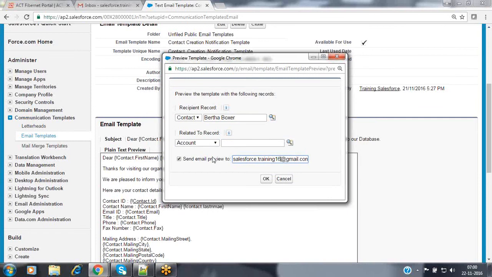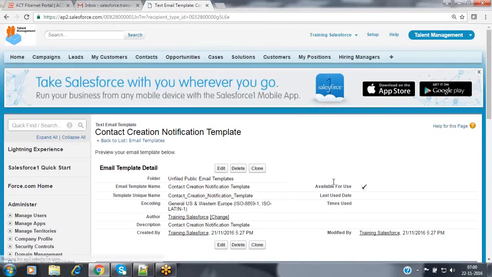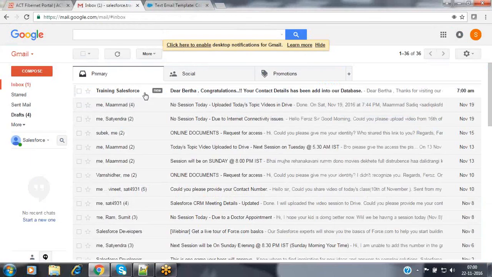I'm selecting a contact record, and then I'm specifying my email ID to whom I want to send the notification. When you click on OK, an email notification will automatically be sent to the email ID which we have specified.